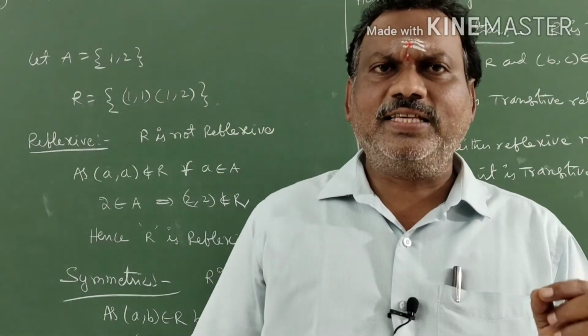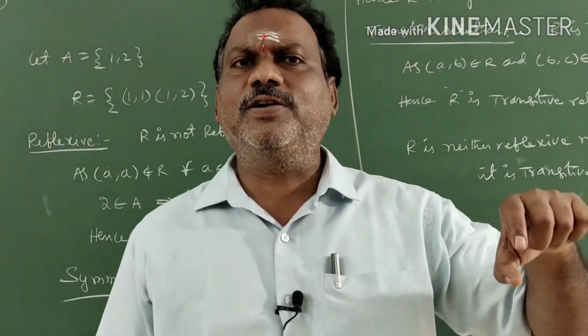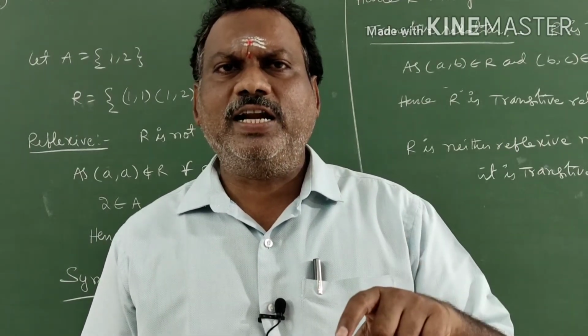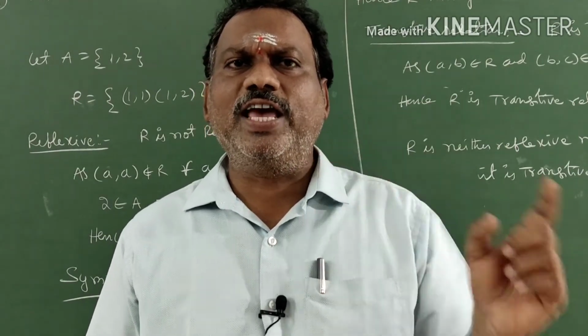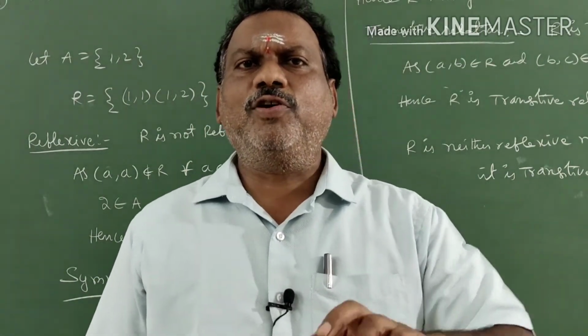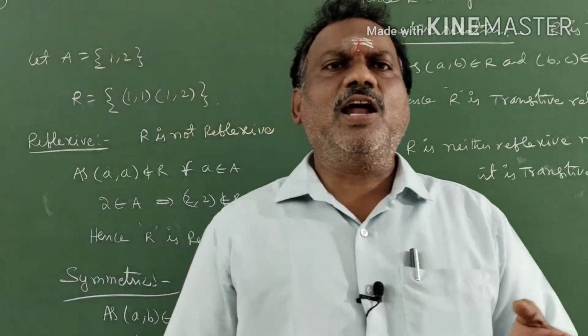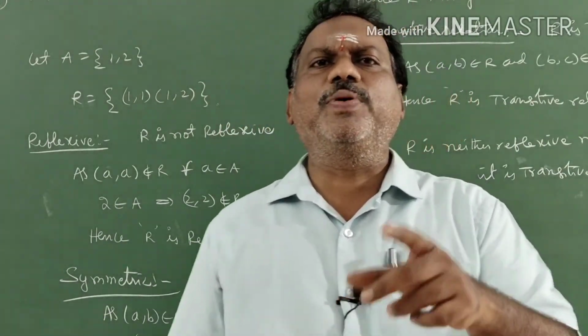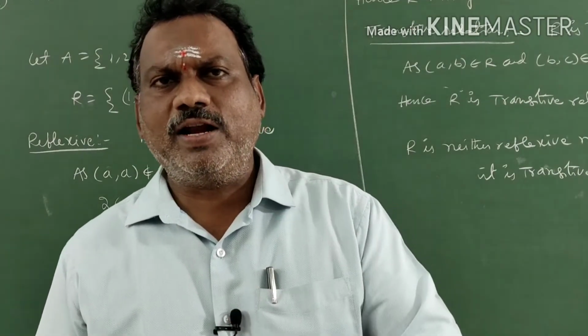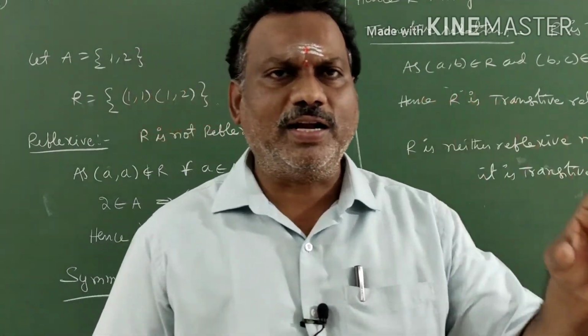Because A is a brother of B means A is fixed male, but B can be male or female gender. Why? Because if B is male, A is a brother, and if B is female, A is also a brother. But if you go vice versa, B need not be a brother of A; it may or may not be. That's why it is not a symmetric relation.